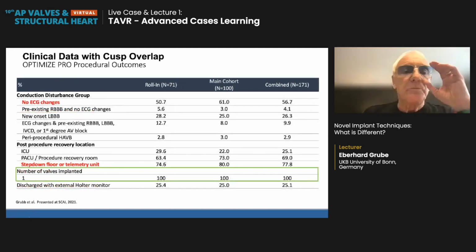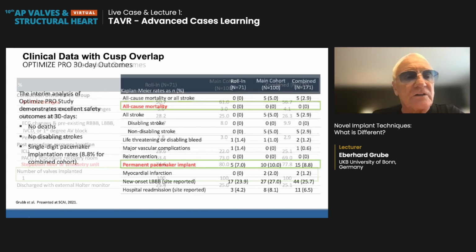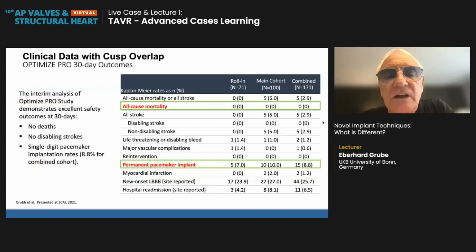And here are the procedural outcomes, the number of valves, no double valve, no EKG changes in half of the patients, and step-down floor telemetry unit, very, very high, 78%, which is going in the right direction, that these patients don't have to be monitored. And this is a 30-day outcome, all-cause mortality, excellent, no deaths, no disabling stroke, and the single-digit pacemaker implant, 8.8%